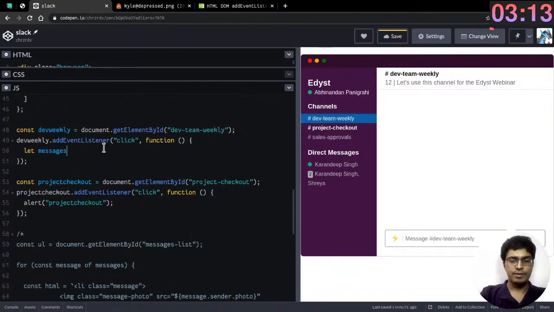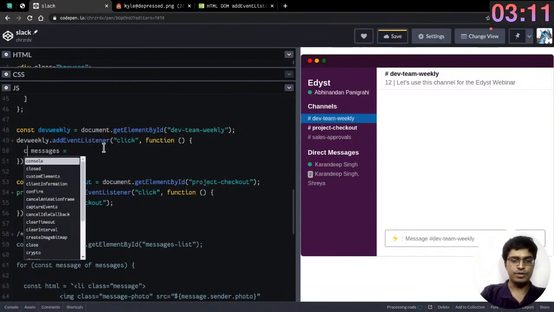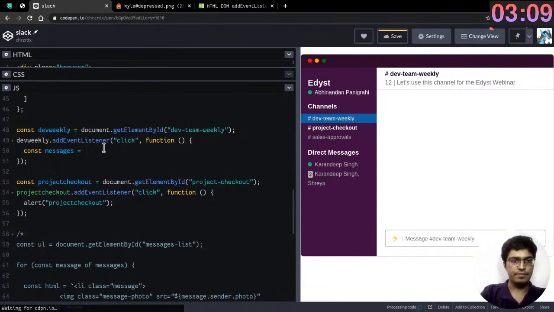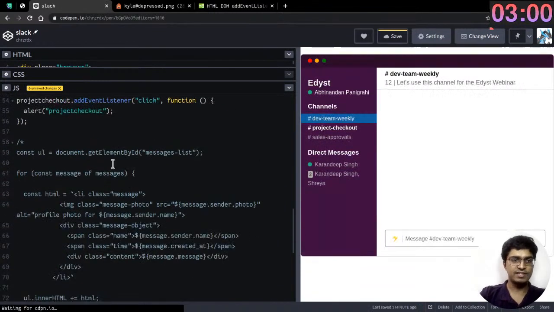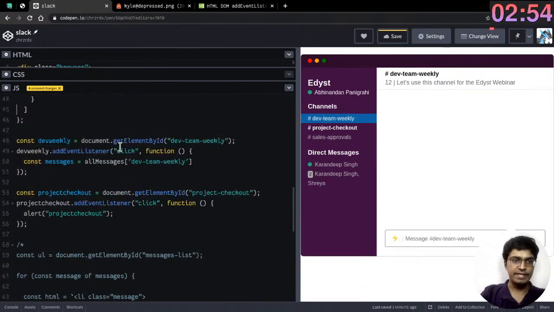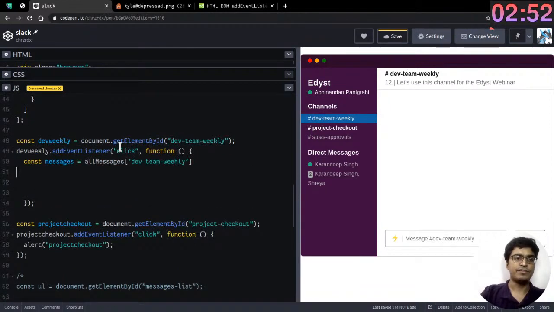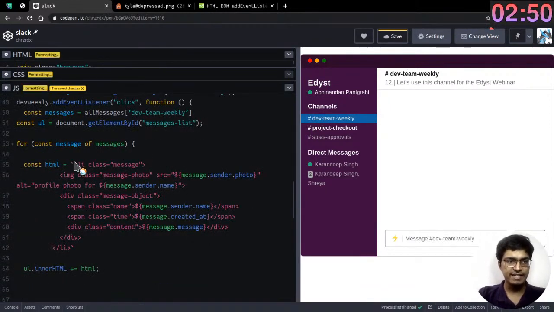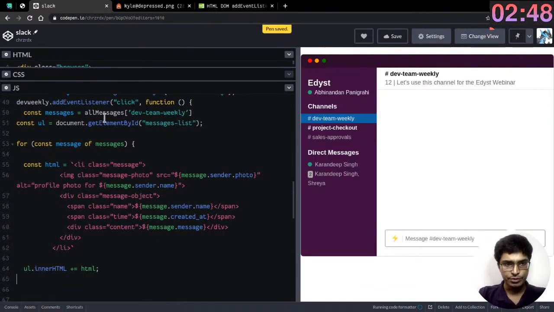I'm going to say that I just want to fetch the messages for dev team weekly, and then I want to run this exact code, all of this that we did before. I just want to fetch the messages specific to this guy, and then run this code. So if I click on this,